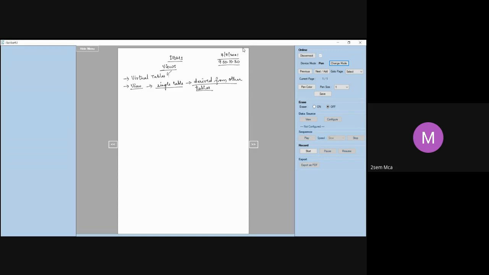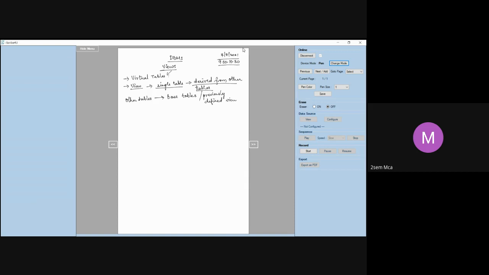Now, I said it is derived from other tables, right? These other tables are called base tables, or you can call them previously defined views.